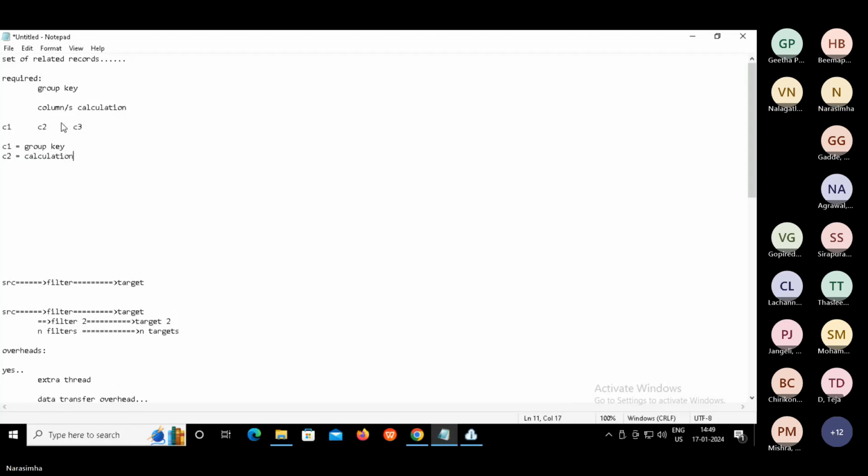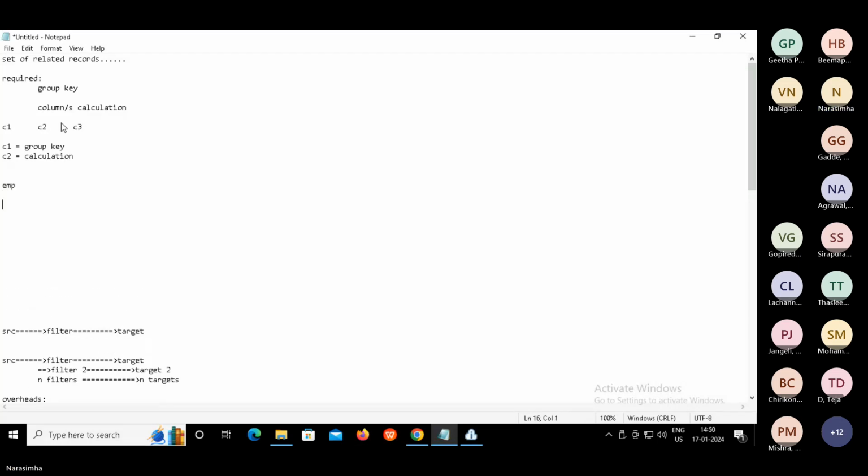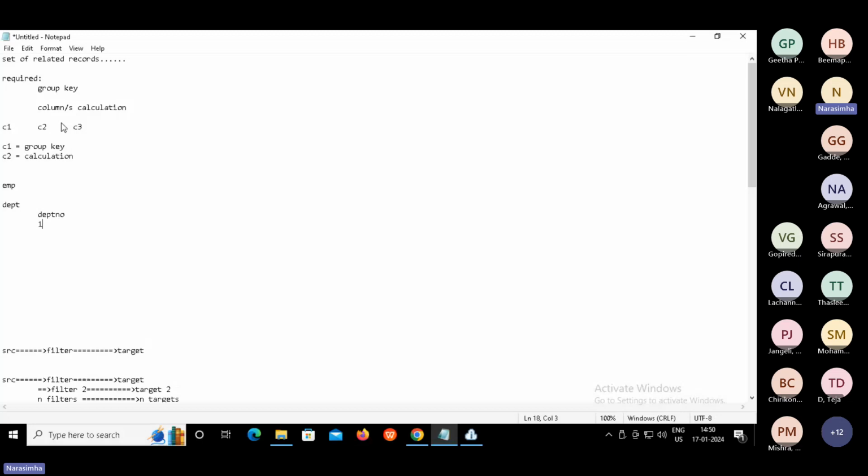Simple example, right? Another example, let's say we got an employee table and department table. In the department table, you will have department number, like we have 10, 20, whatever. In the employee table, for every department, there are going to be employees. Let's say department number 10, employee number 100, and corresponding salary, let's say 10,000.